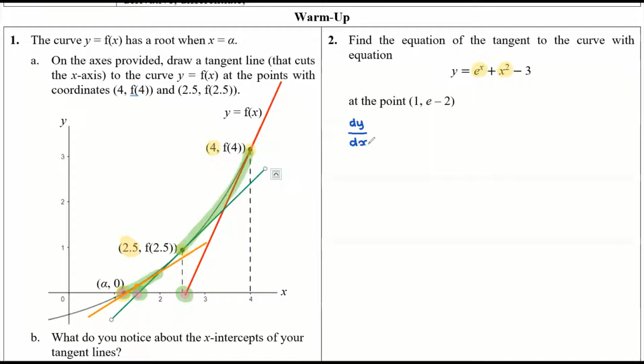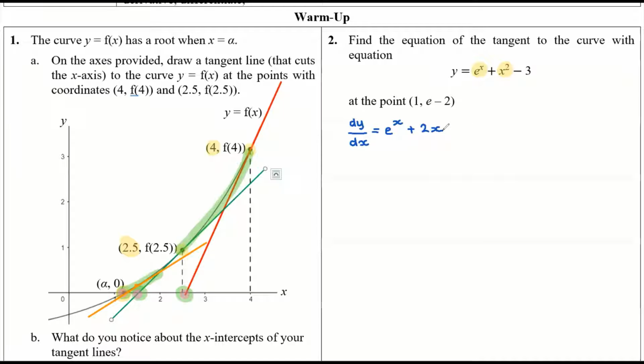And there's no problem with this. We differentiate term by term. So e to the x is unchanged. x squared becomes 2x and the constant term is lost. So there's the derivative. Now then, at the point (1, e minus 2), to get the tangent, of course, we need